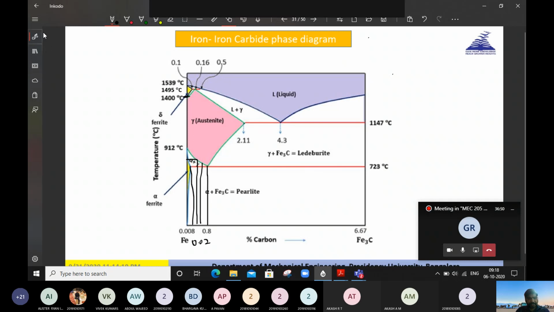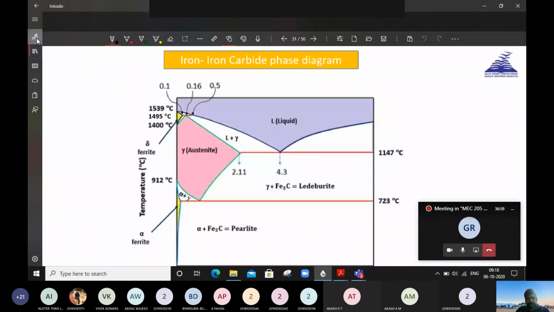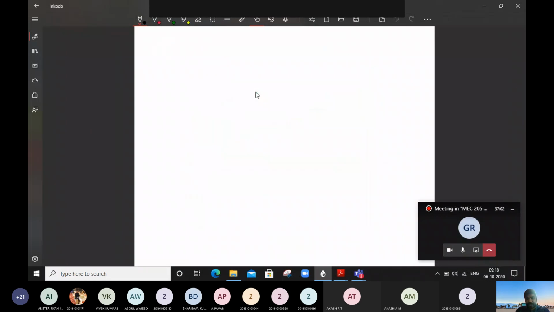Let me take a blank sheet. So first I have to close this. Now let me take this blank sheet. Okay, so let us see how to draw this diagram. First, just practice this diagram many times so that you become very comfortable with it. And the phases that I have labeled in the diagram are very easy to identify. Just learn along with me.